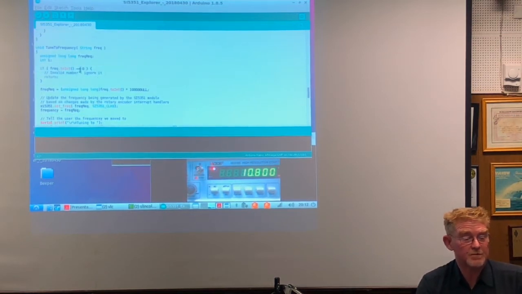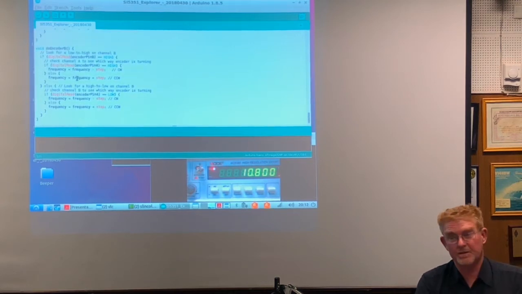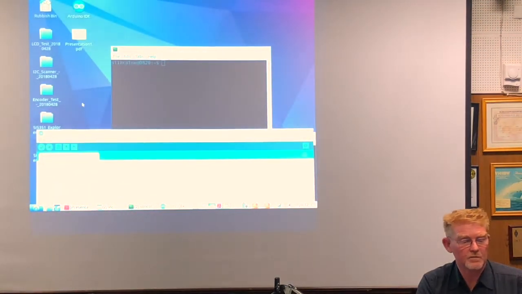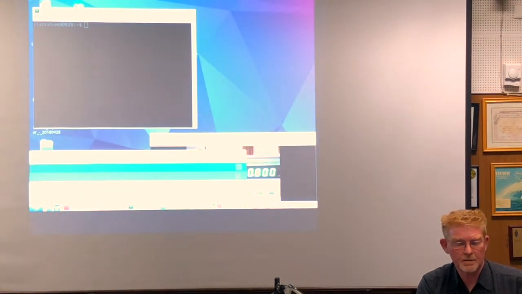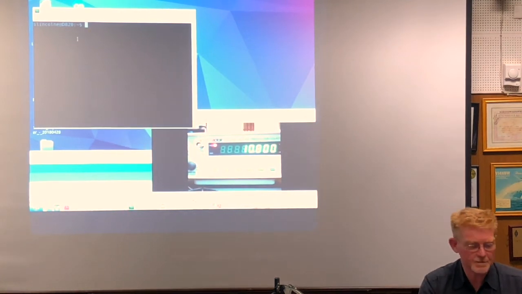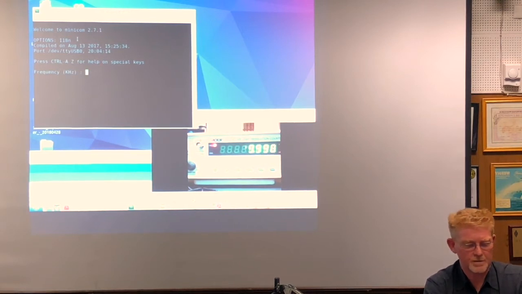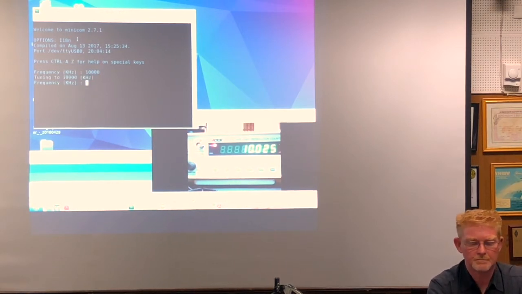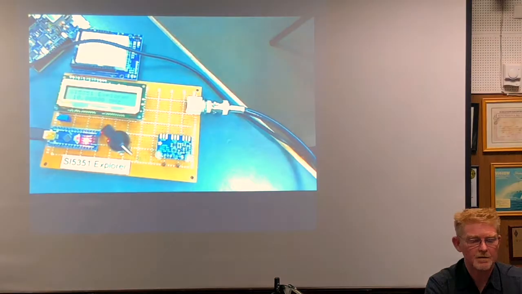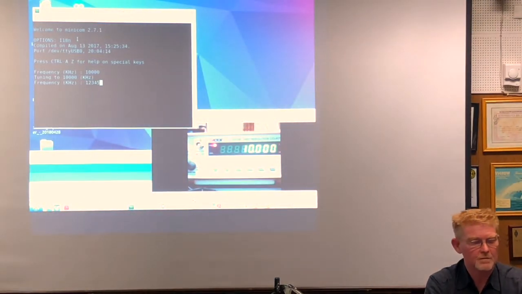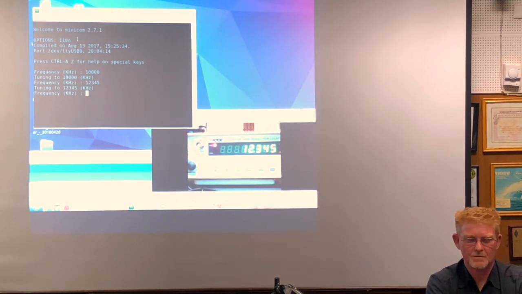There's basically tuning to the frequency, a few support routines, and the interrupt handlers I mentioned earlier. What does that mean, what's actually happening? If I get a terminal emulator up and running here, and the window here showing this is the frequency counter connected, let's pick a frequency. Now we've got 10 megahertz. And if we go across to the display on the LCD, 10 megahertz. 12.34 megahertz, that's a nice number. Frequency changes on the display.